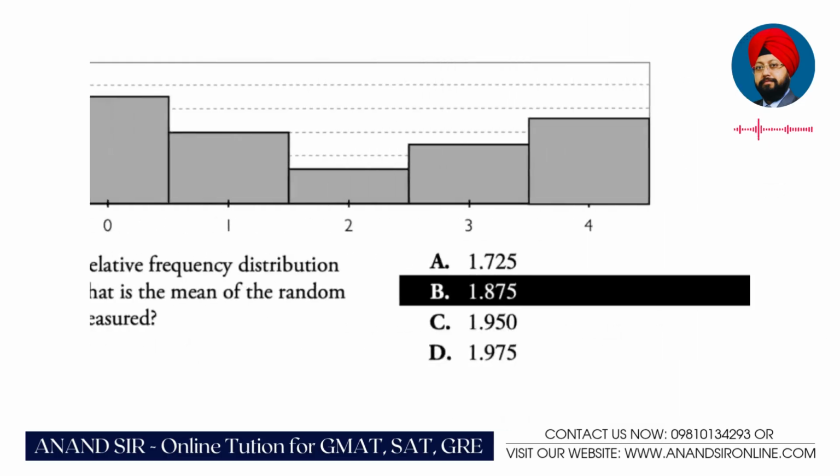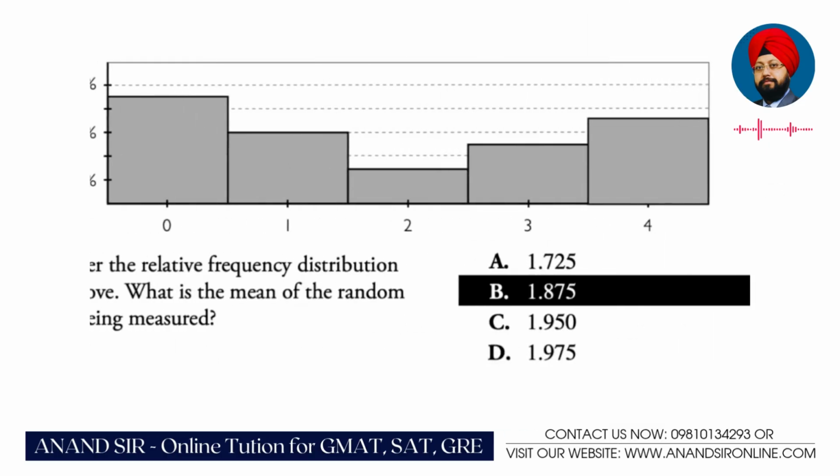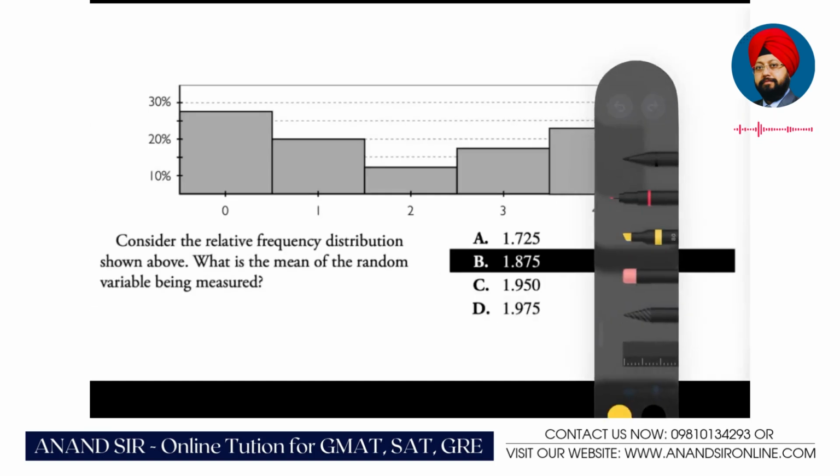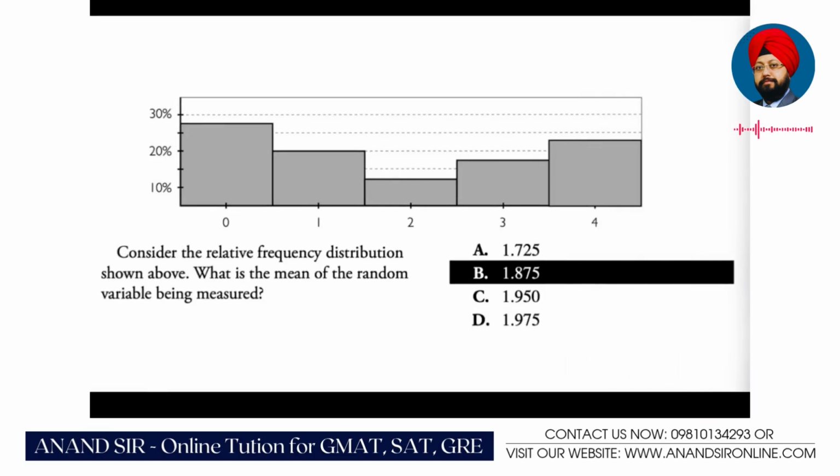Two more to go. Consider the relative frequency distribution as shown above. What is the mean of the random variable being measured? So remember, when relative frequency is given, then mean is what? Mean is the sum of all xi into fi, where fi is the relative frequency, or you can say RFI, right? So it is basically, this is 0 into this is how much? 27.5%. So I write 0 into 27.5% or 0.275